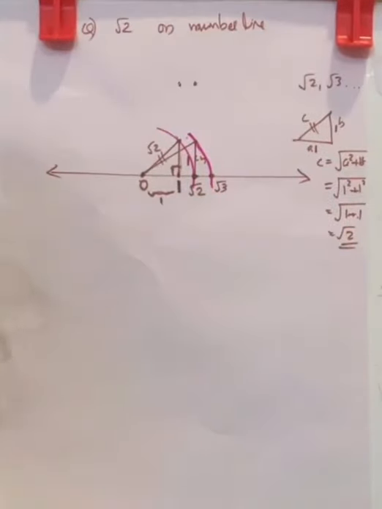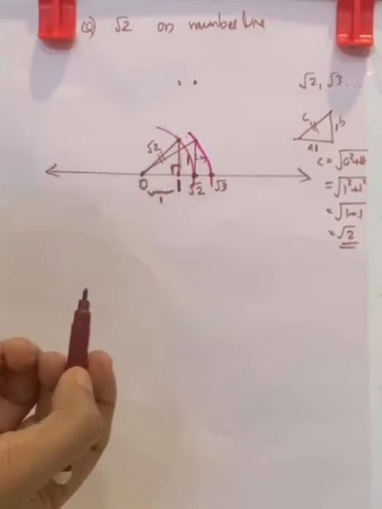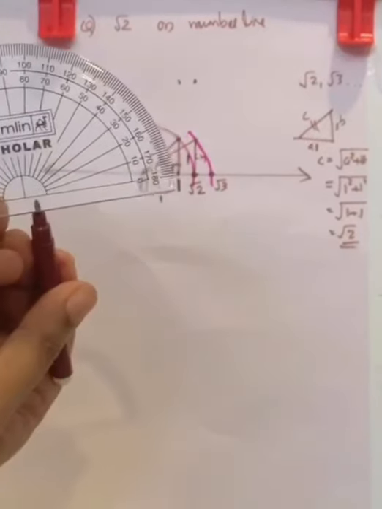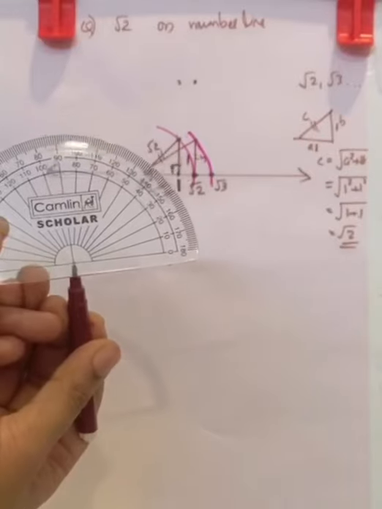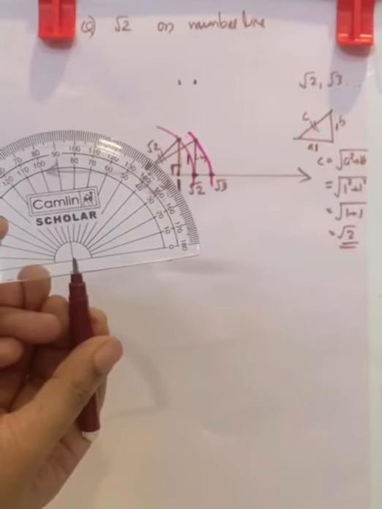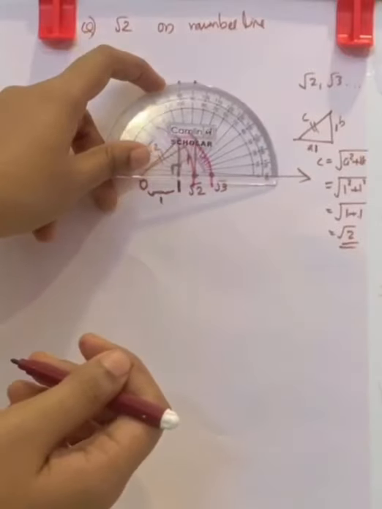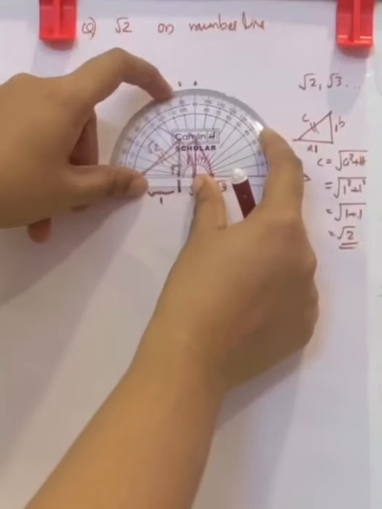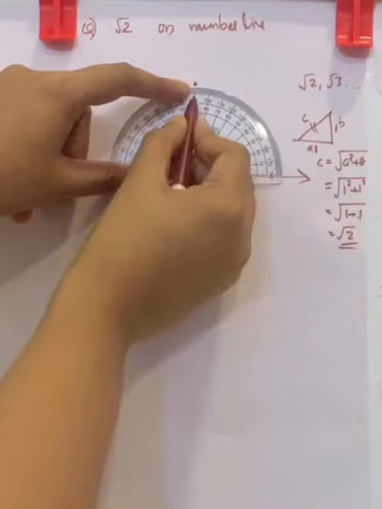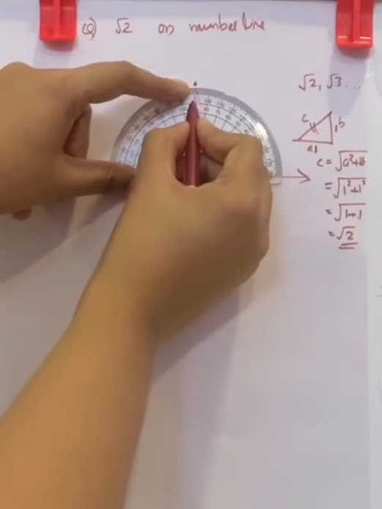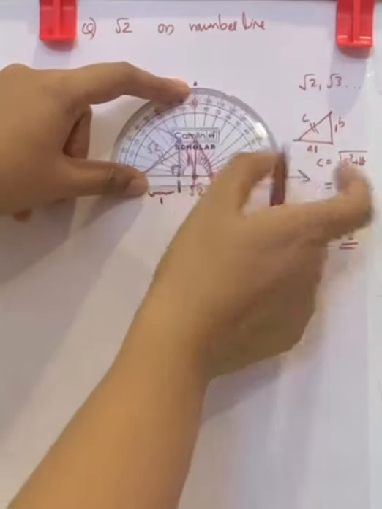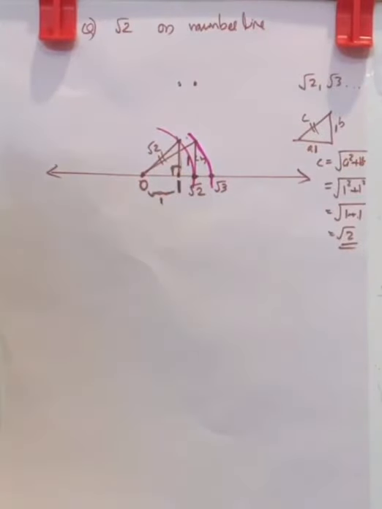I hope you know how to use the protractor to find 90 degrees. Here you can find a point. This point, you want to keep it on the point where we need a 90 degree. Then on this straight line, you can find 90 here. That is the 90 degree. That is the method of how to mark a 90 degree.